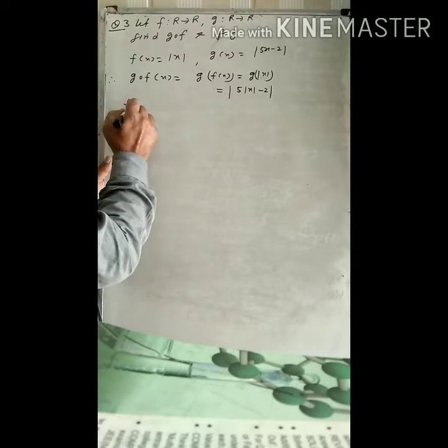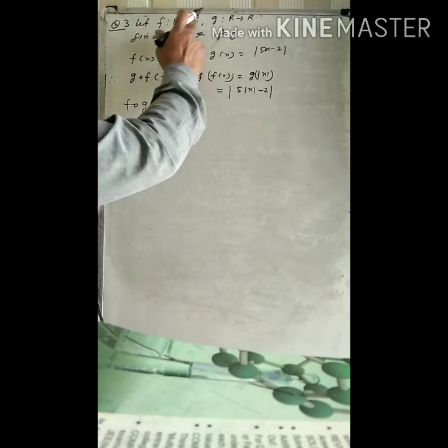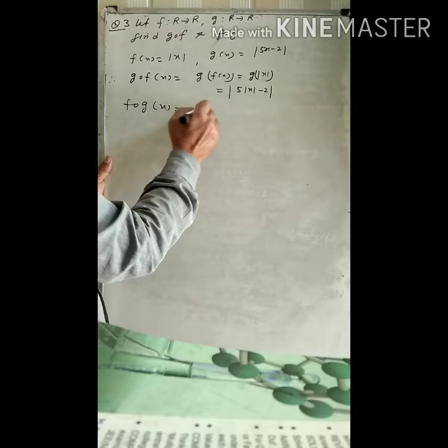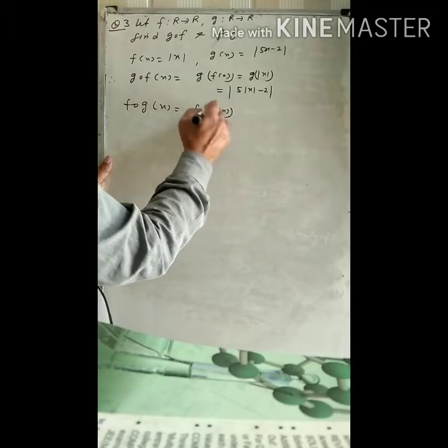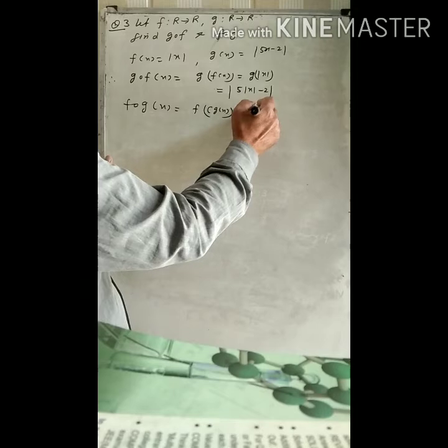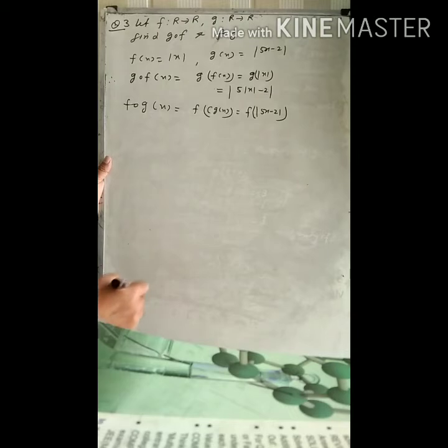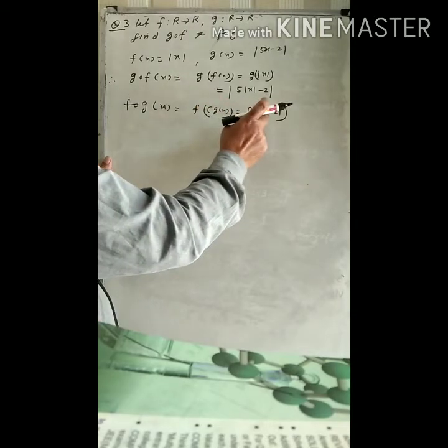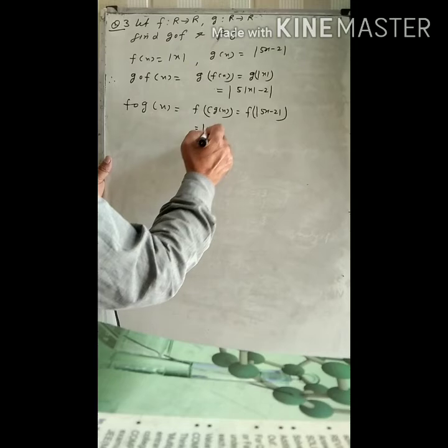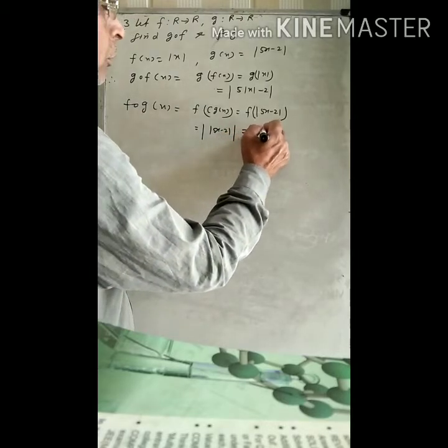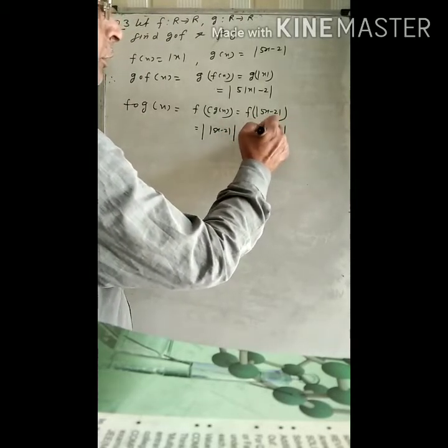अब हमने fog निकालना है क्योंकि ये भी R to R है, वो भी R to R है। दैट इज, f of gx. f फंक्शन में gx क्या है, mod of 5x minus 2. अब f फंक्शन में जहां भी x लिखा है, ये लिखेंगे mod of 5x minus 2 whole mod। तो this is equal to mod of 5x minus 2, modulus is positive।